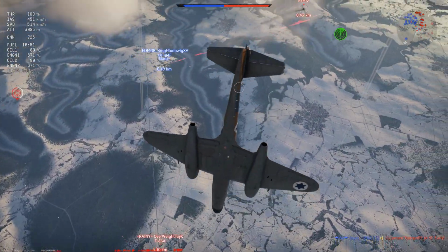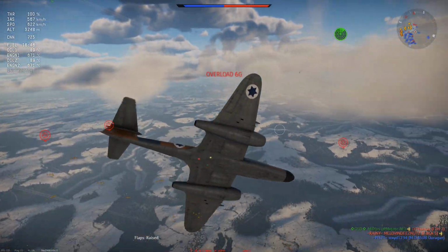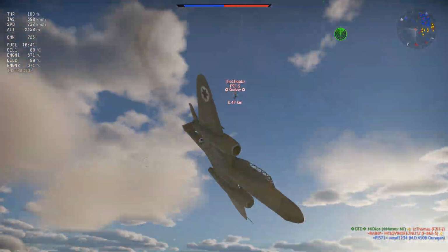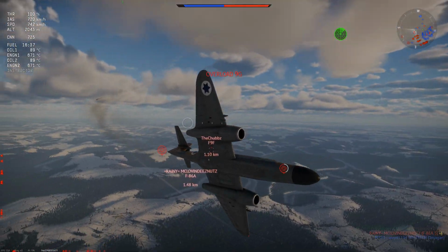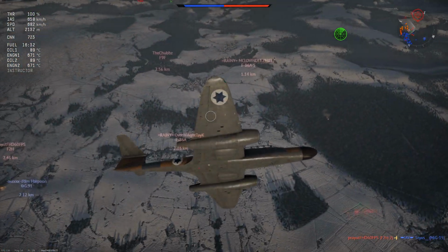But I guess it doesn't matter, unfortunately my teammate gets to take him out instead of me continuing the dogfight. But I would have had to pull off either way because I noticed this F9F coming from my left. I dive out of the way of his guns, and then he starts turning after me, which is awesome. Not sure why all these American naval aircraft are doing this, because the Meteor will turn better than all of them. I think he realized what was going to happen because he pulled off and disengaged, but now I